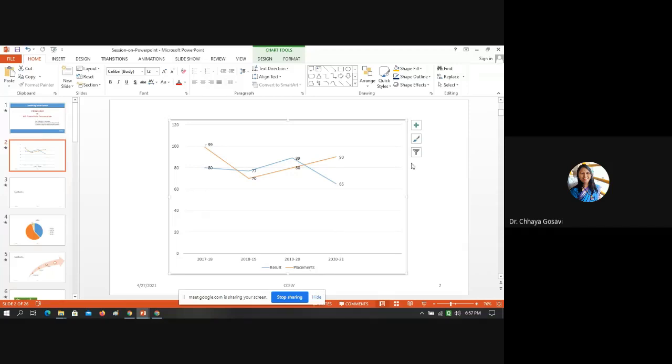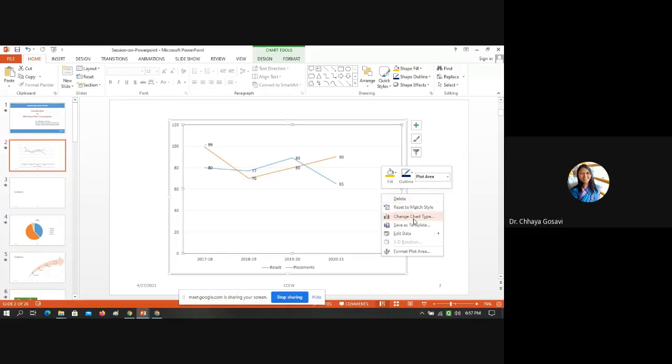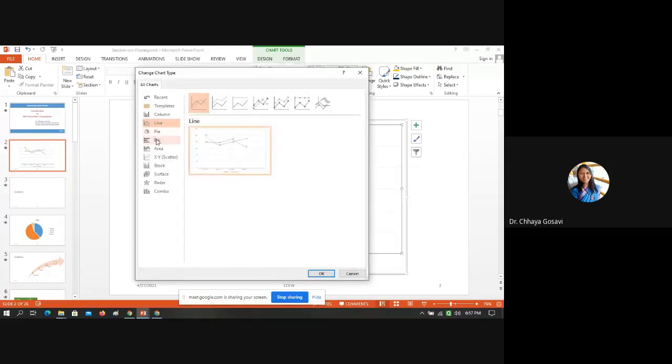If you want to check the trend, how placements are moving as per the result, whether they are in correlation or not, you can use a line graph. Then change chart type will allow you to check a bar graph like this, a pie chart like this, scattered, area. So depending upon the data, you can select the chart type that you want.